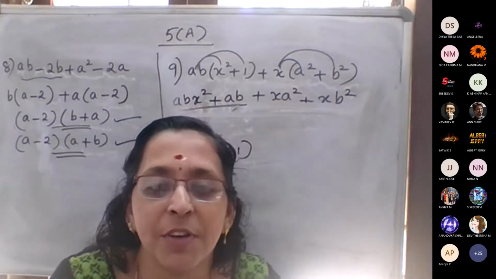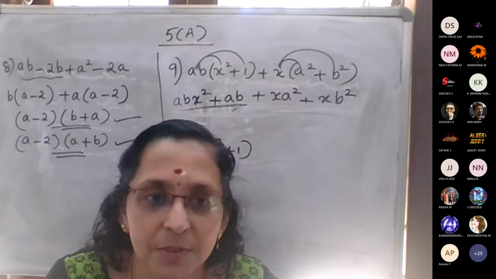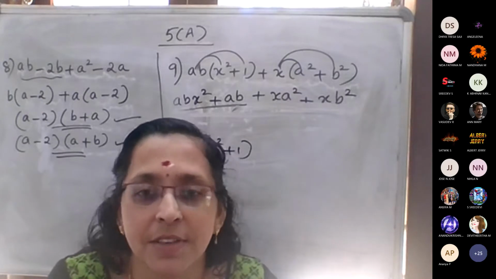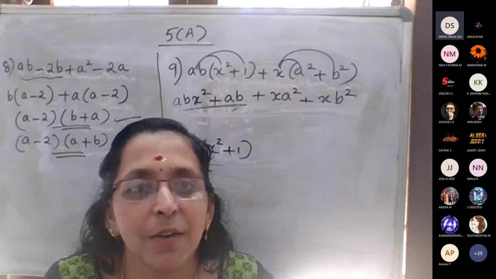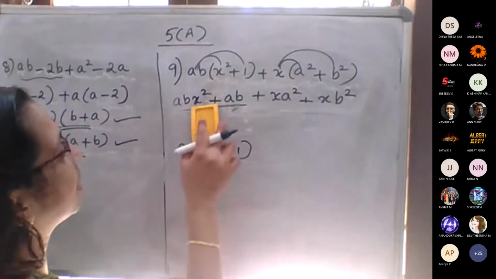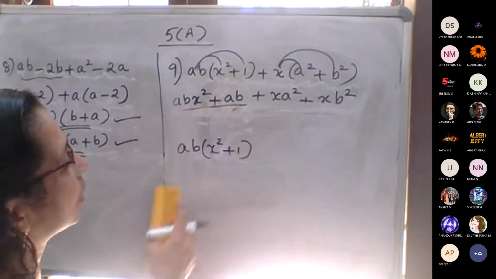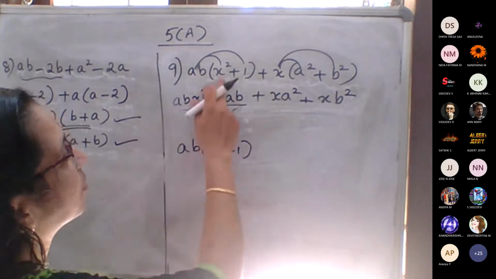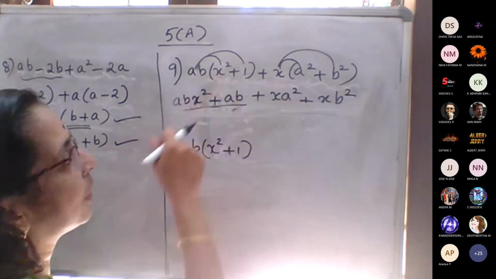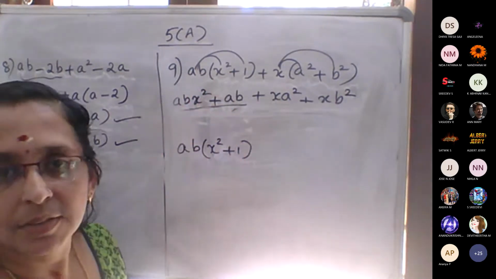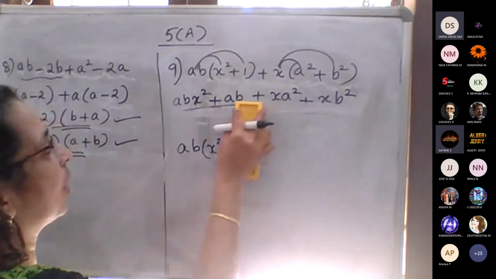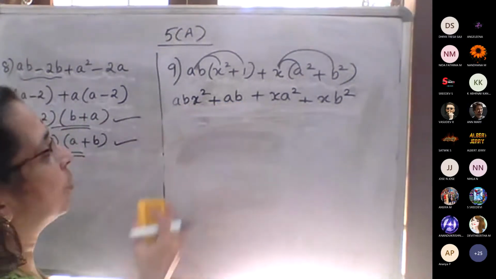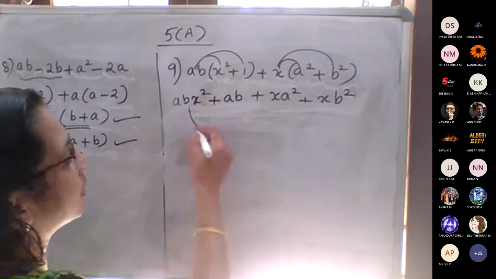So next year also, what will I do? I will come there and say okay, we will become friends. Is that possible? No, ma'am. So the same way again, AB and x square plus AB means, if you take AB, it's x square plus 1 again. We don't want that. That's why we change the brackets. So think that way. So if we don't want these two, you just go with the next one.